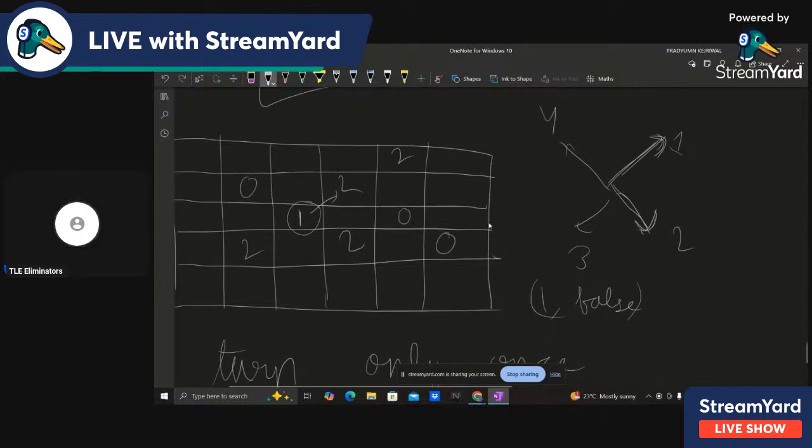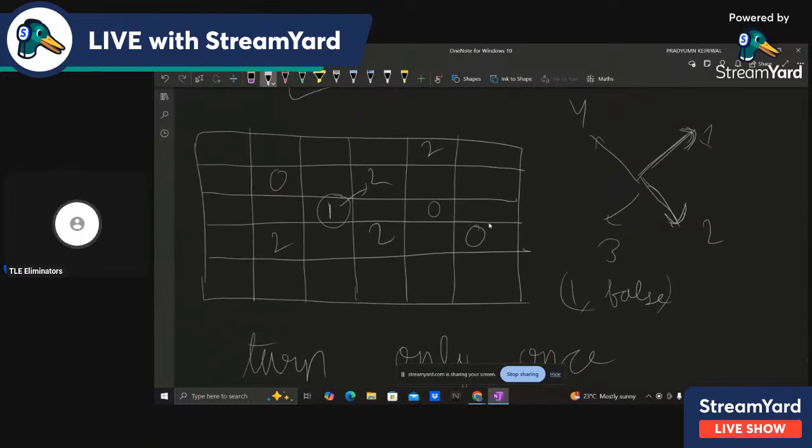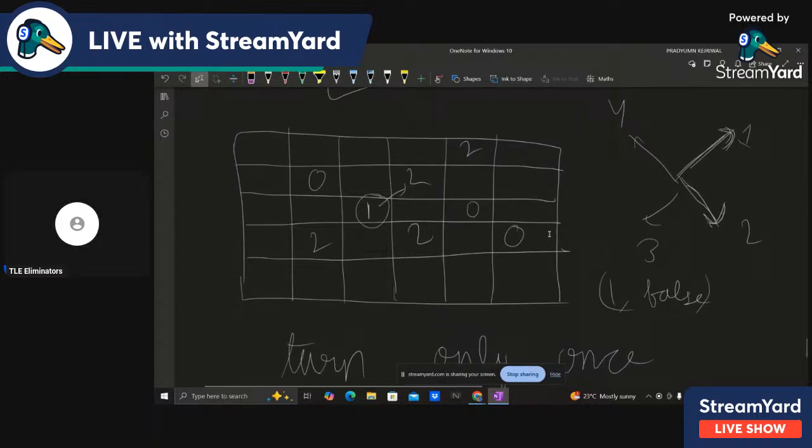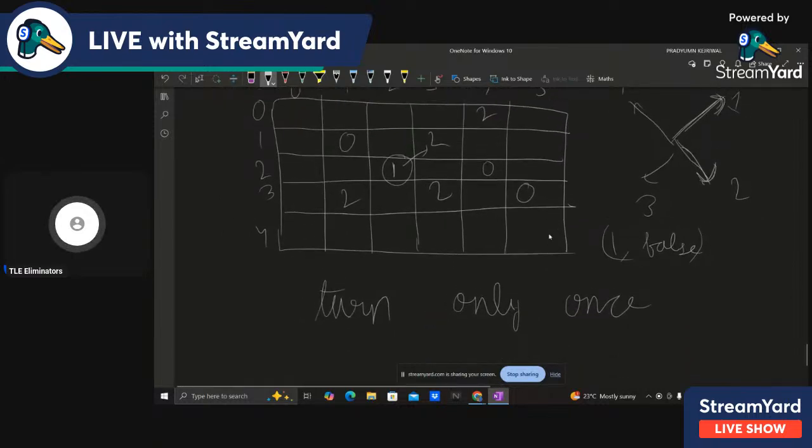And also, let's just store the index also. So I'll just number this 0 1 2 3 4 and 0 1 2 3 4 and 5, right? So starting from this one, what we can do is,